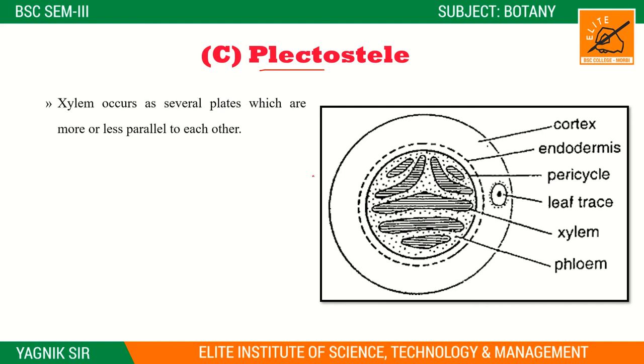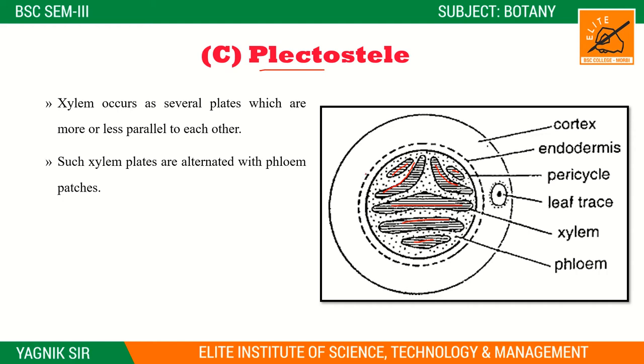So here the xylem occurs several plaits which are the more or the less parallel to each other, right? Parallel form માં ના હોય, different થોડીક arrangement છે, right? So here this plate like structure is a xylem structure, right? This all plates is a xylem. And another regions, right? આ dot જે દેખાય છે, this all are the phloem. Such xylem plates are the alternate with the phloem patches.